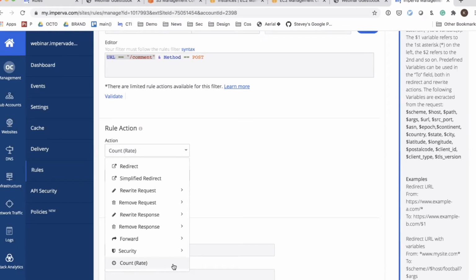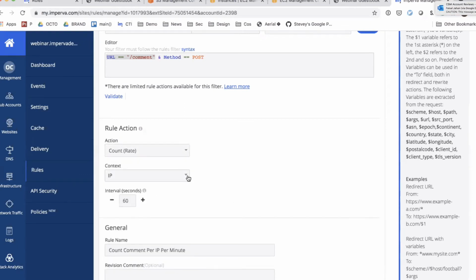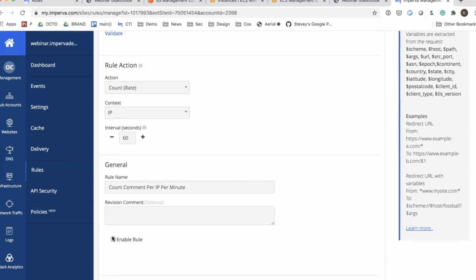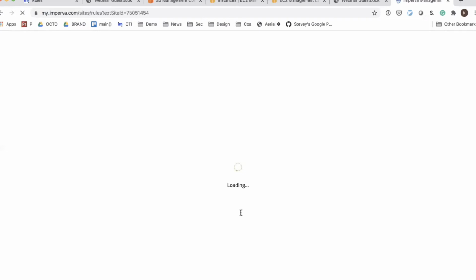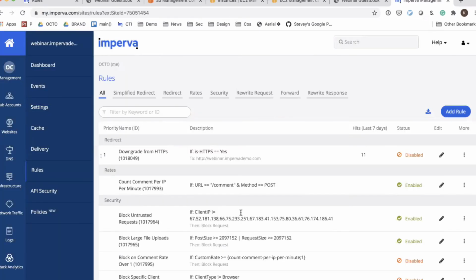And again, count is something that we exposed relatively recently. It's all the way down here at the bottom underneath security. And we give you different ways that you can group. You can count based off of activity of an IP. You can count based off of activity in a session. I'm going to count off of an IP address. And I want to build a rule that says, I want to start looking when I see activity that's coming in for /comment with a post request, and I want to start tracking the count of those IP addresses as they're accessing that information. So that's rule number one as part of this whole thing, which is I want to start counting.